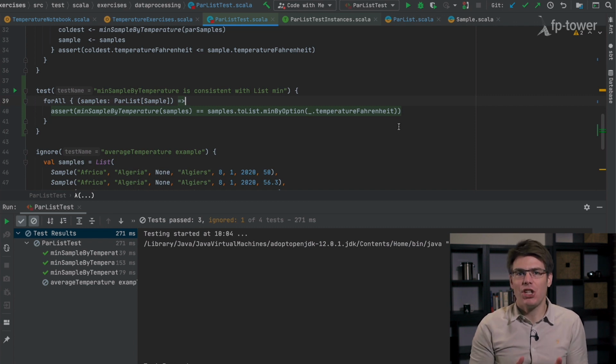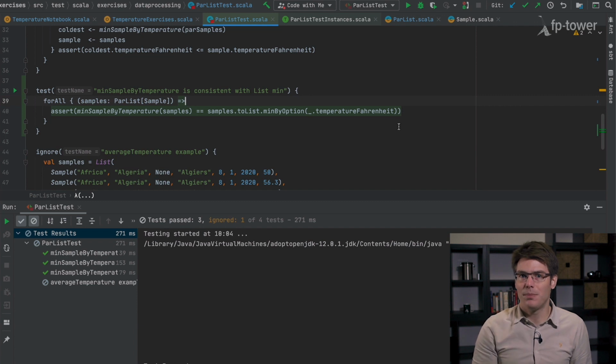So I really like this usage of a test oracle here. It sometimes feels like cheating because the technique requires a reliable implementation of the function we are testing. So this often raises the question, why do we need a new implementation? However, this is different here because parList is a much more complex data structure than list. But it's easy enough to merge all the partitions of a parList into a list, as we did here with the method toList. Test oracles are an extremely useful way to ensure that our parallel algorithm produces the same result as a sequential one, which is a fundamental requirement when running a computation in parallel.